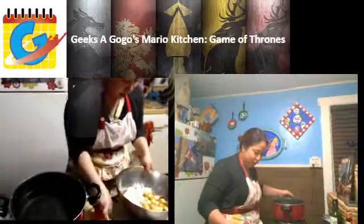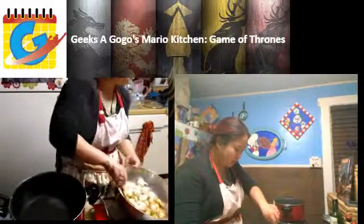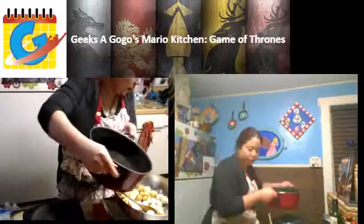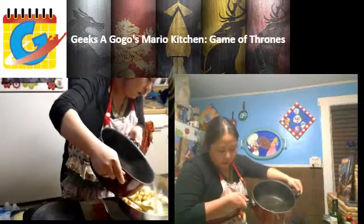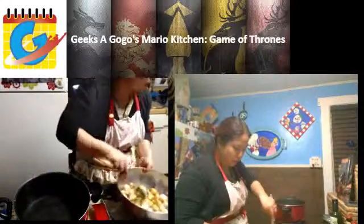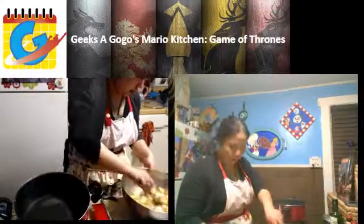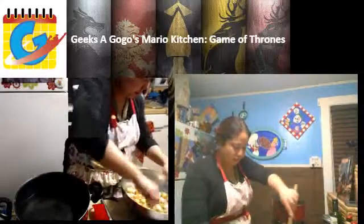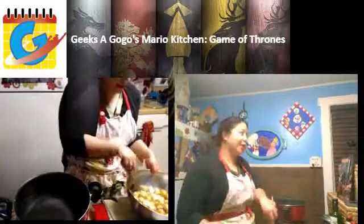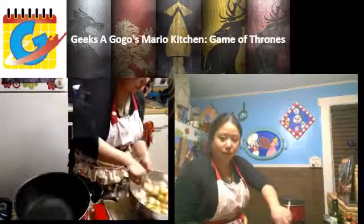So, all right, so I'm going to soak this for a little bit. I think I'm going to put a little bit more hot water in here, just so I can soak most of it. All right. So, as you can see, I don't have a real kitchen, so this might take longer than expected to cook,